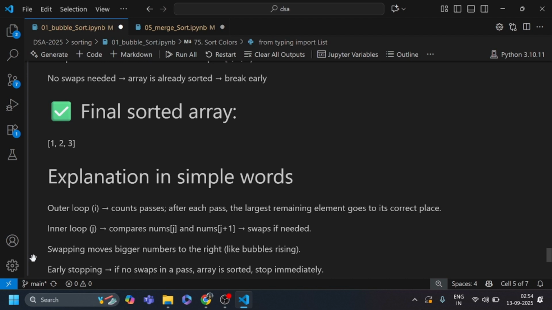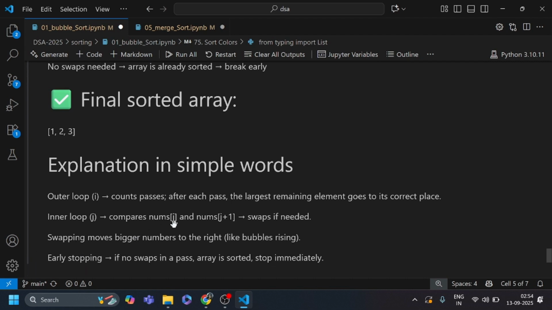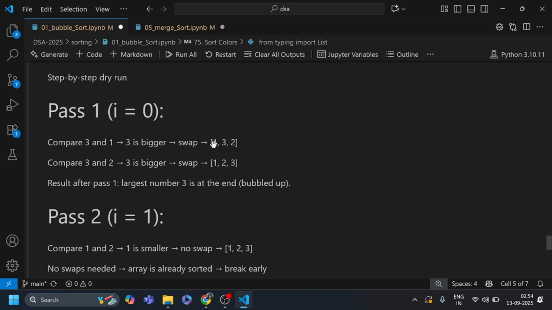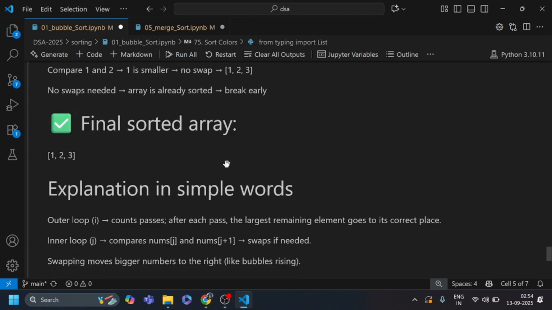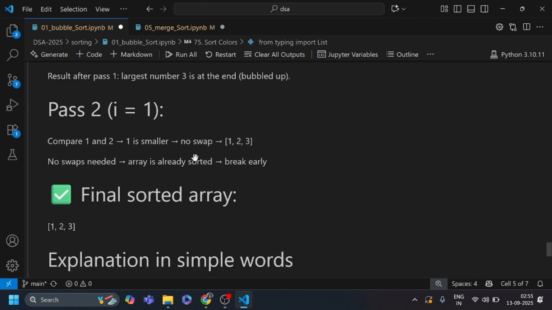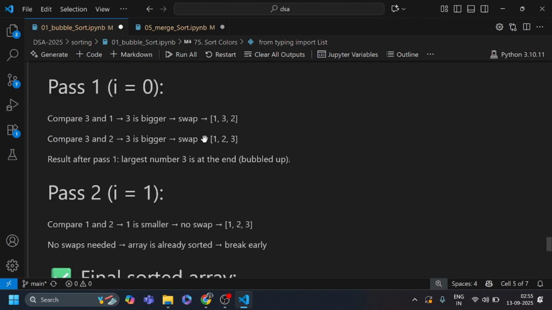In the inner loop, compare nums[j] and nums[j+1]. This first element we took is the current element, j equals 0, and this one is j plus 1.